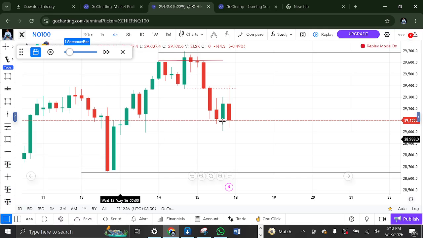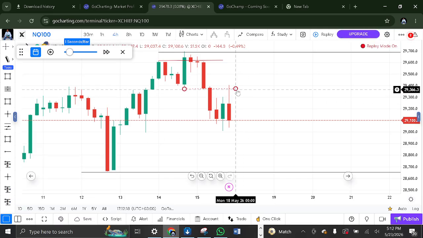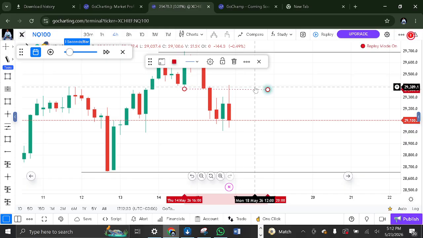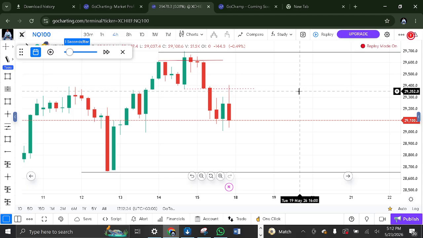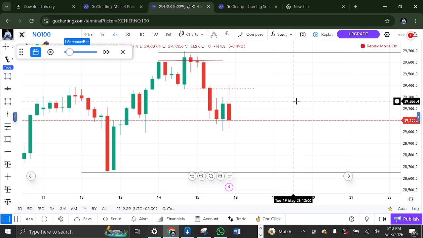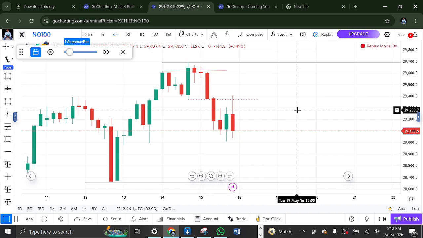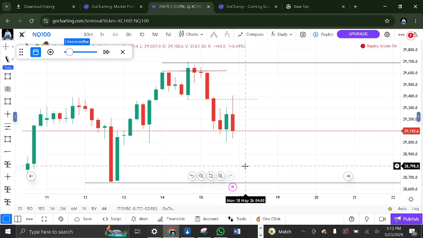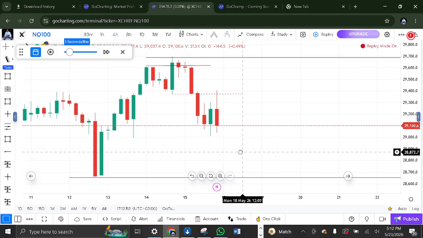Now, since we know that, and from the daily, we have this as our daily immediate rebalance, is it likely that we can see the market retrace to this level, which has already been balanced, then we continue lower? I don't think, to me, it's kind of low probabilities, but whenever we say low probability, it doesn't mean that it can't actually happen. That's what I had for my last week. But if it happens, then it gives us a good guarantee that we have traded maybe into the premium levels. We are sweeping these highs, and then if we have a confirmation to go lower, then that's what we can